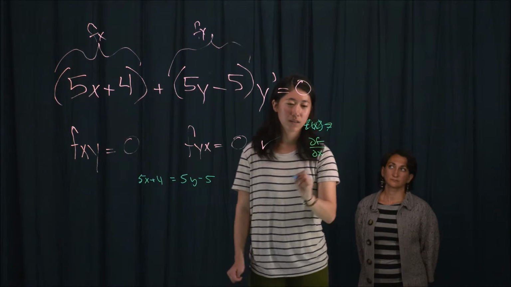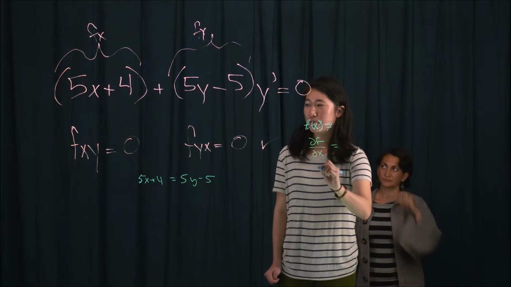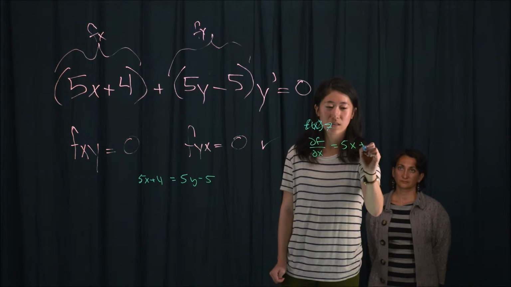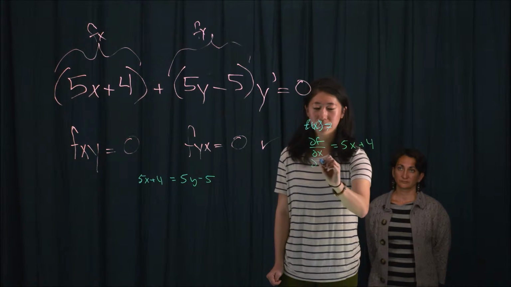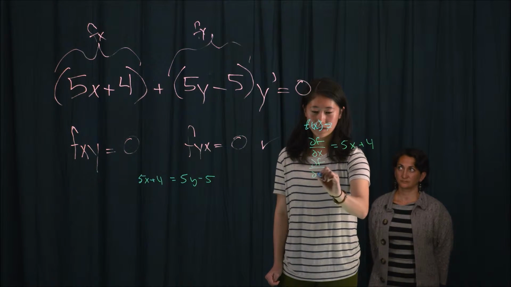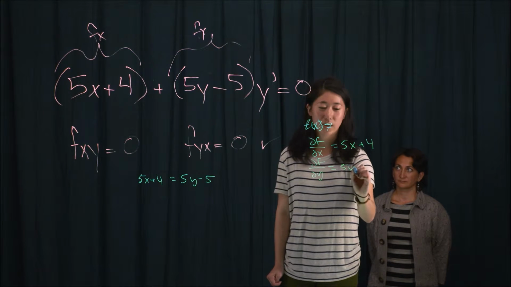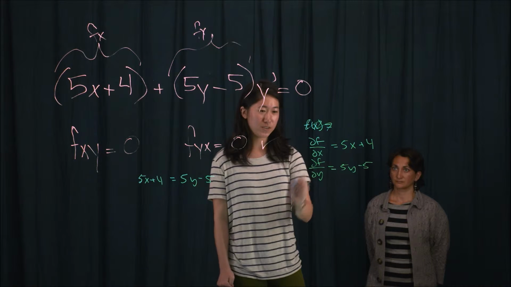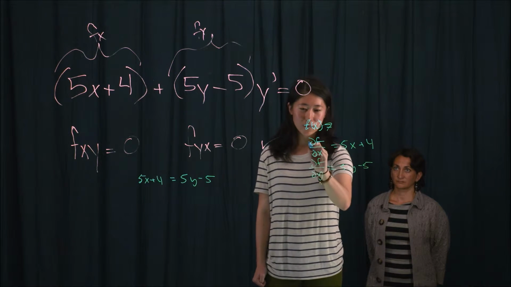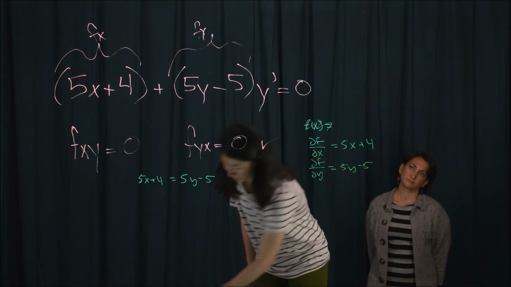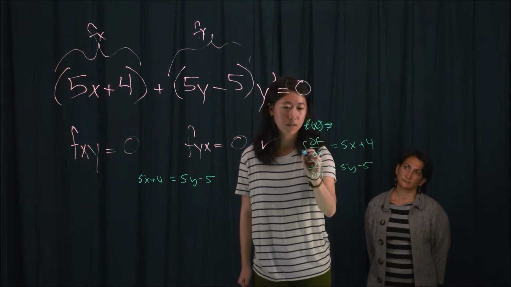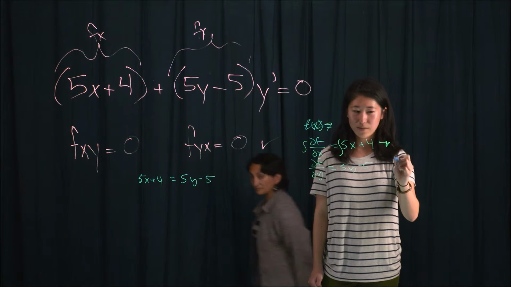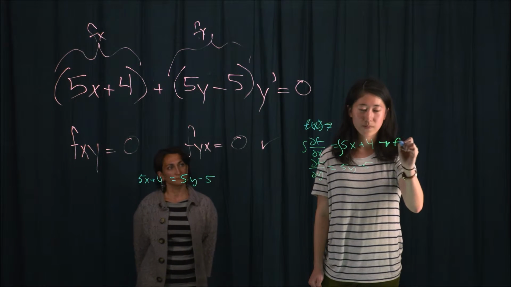Excellent. That equals 5x plus 4. Very good, yeah. And then equals 5y minus 5. Very cool. And then you just integrate one of them. Very good, okay. So this would come out to be f of